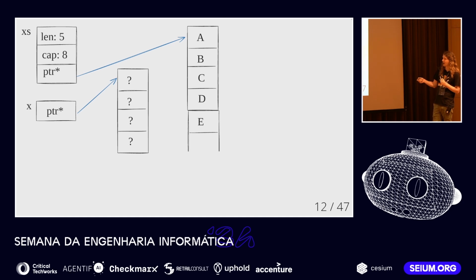But then our original pointer still points to this old buffer, which is now freed, which now contains garbage data in the best case, and maybe some secret data in the worst case, if, for example, some thread concurrently allocated space for something like a private key, which was reused here.